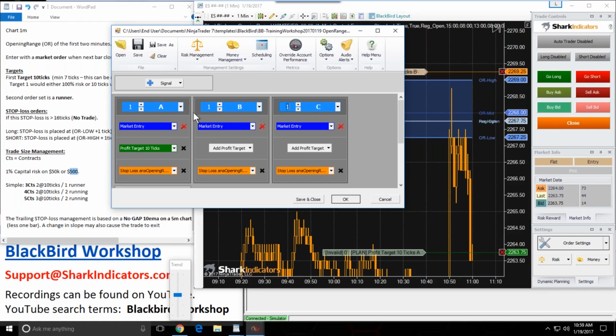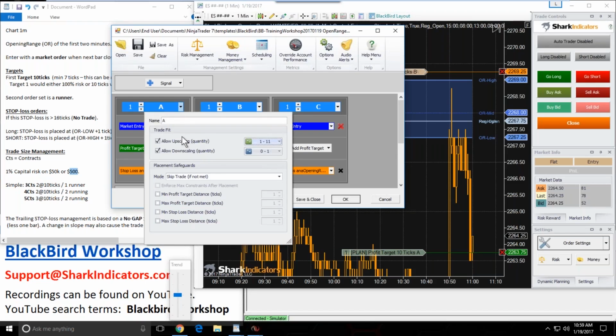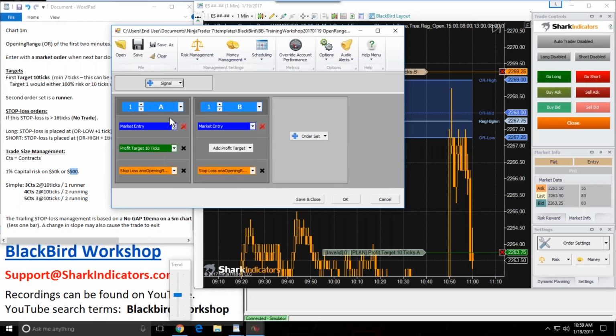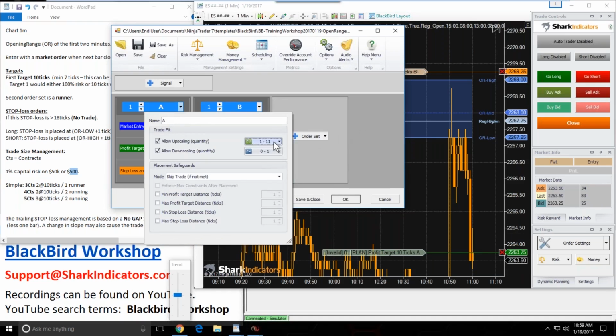Whereas that's what Blackbird is doing, it's looking at the cash at risk and then upscaling or downscaling the number of contracts based on that. So I guess bottom line is we will be adding more options to adjust the upscaling and downscaling when you're using multiple order sets like this. But for now,